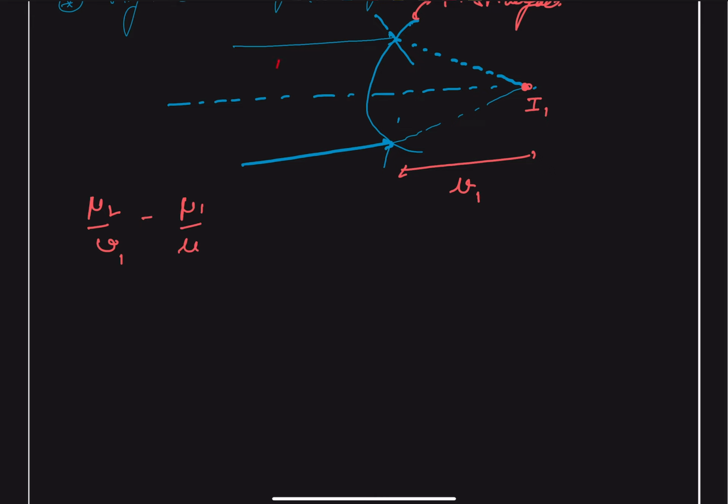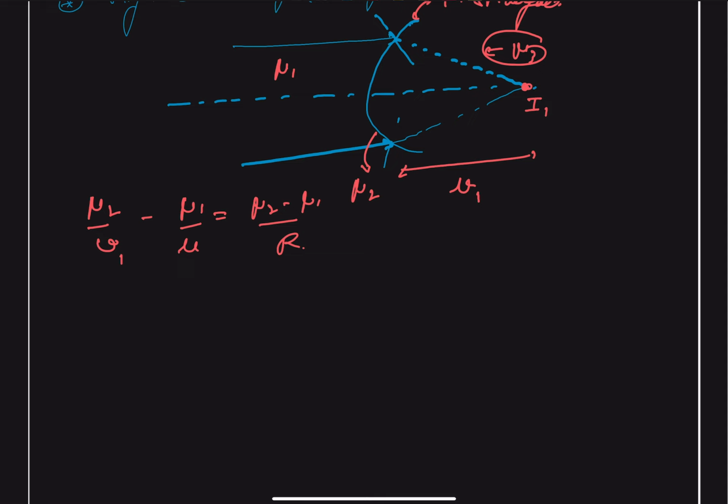This is our mu1, and the refractive index of the third medium is our mu3. This will be equal to mu2 minus mu1 upon r, and the object is at infinity because of the parallel rays, so u will be equal to minus infinity. So this gives us